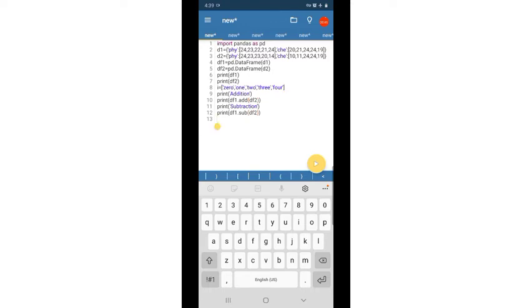Now we have to change, the second question was to change the index of the data frames.